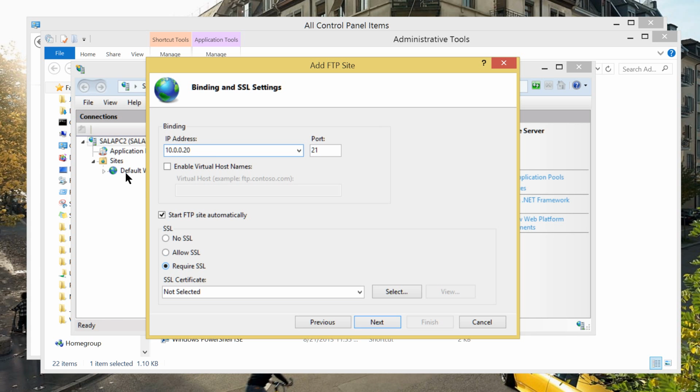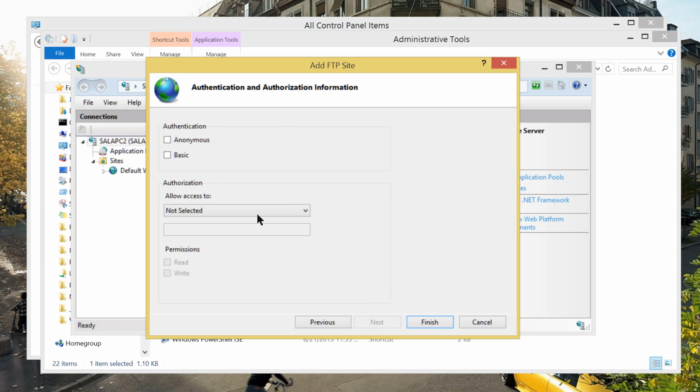And then for the sake of experiments, no security this time, no SSL. And it says here start FTP site automatically. Well, and the port is 21. Of course, port 21 is for file transfer protocol.